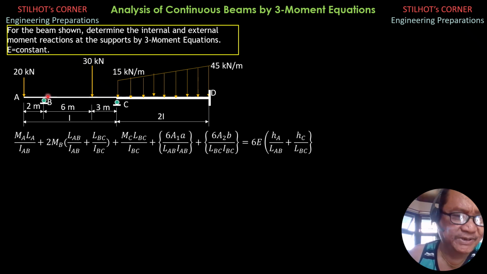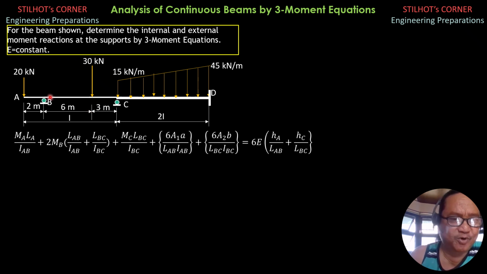But in this case, we first apply the three-moment equation on span BCD. And remember that the technique is D is transformed into an interior pin, then extended with a span of 0 to D prime with the same support pin, so that the moment at D prime would be 0.